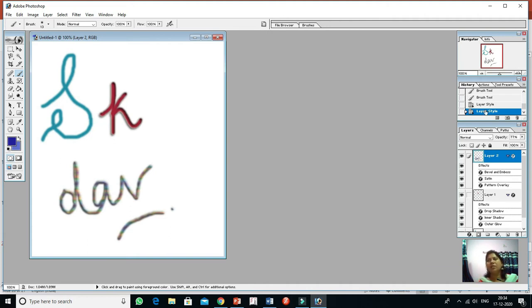Now see, next one is your history panel. On your history panel, the last 20 changes are displayed. Whatever actions I made on my object are listed here: brush tool, then I am moving to a new layer, then I am clicking the brush tool. Whatever actions are made by me are inside your history panel. Okay.